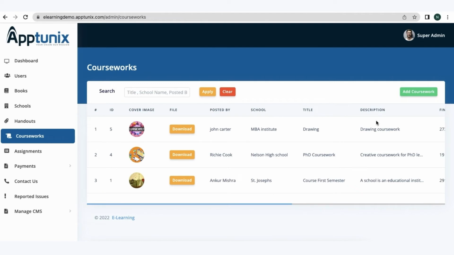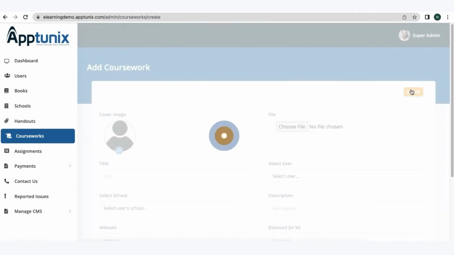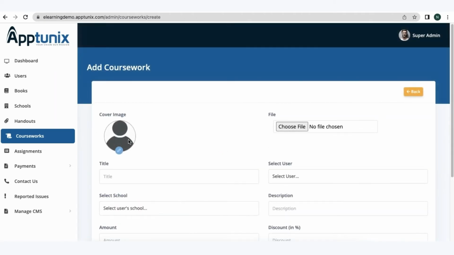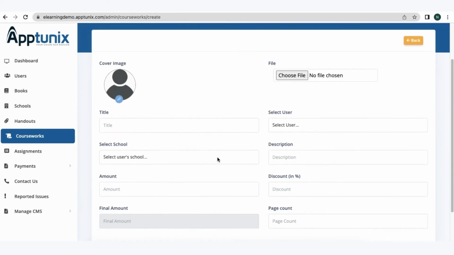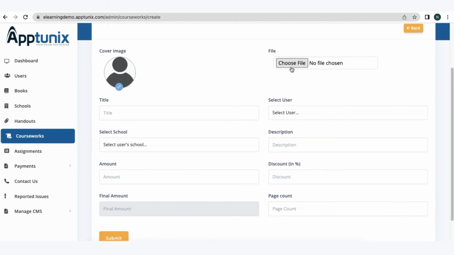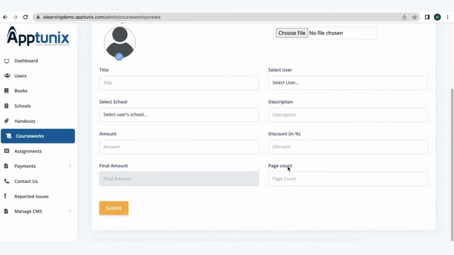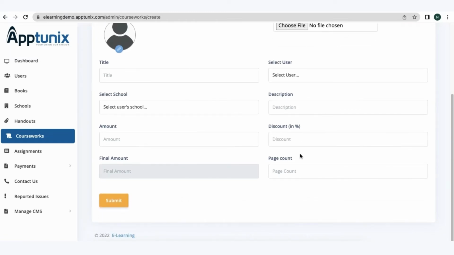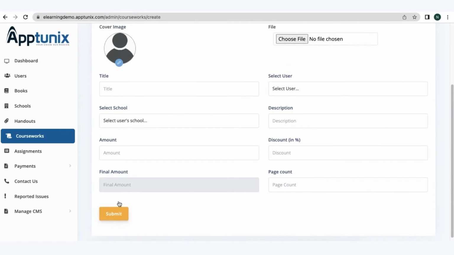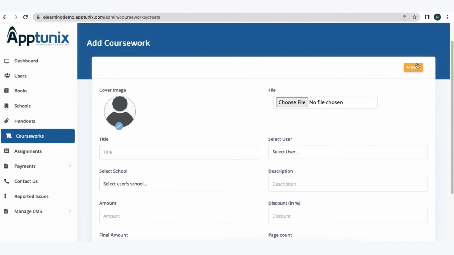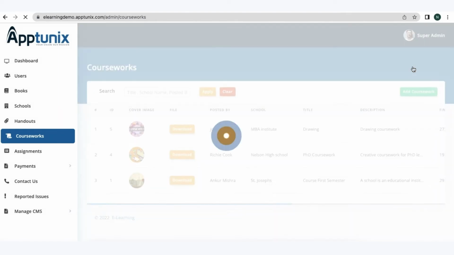So this is the section from where the admin can add a coursework for a student by adding a cover image, title, uploading a file, selecting a user's schools, putting the description, adding the amount, filling the discounted price, final amount, and total page count. By clicking on the submit button, the coursework will get created and the admin can see the list of courseworks which